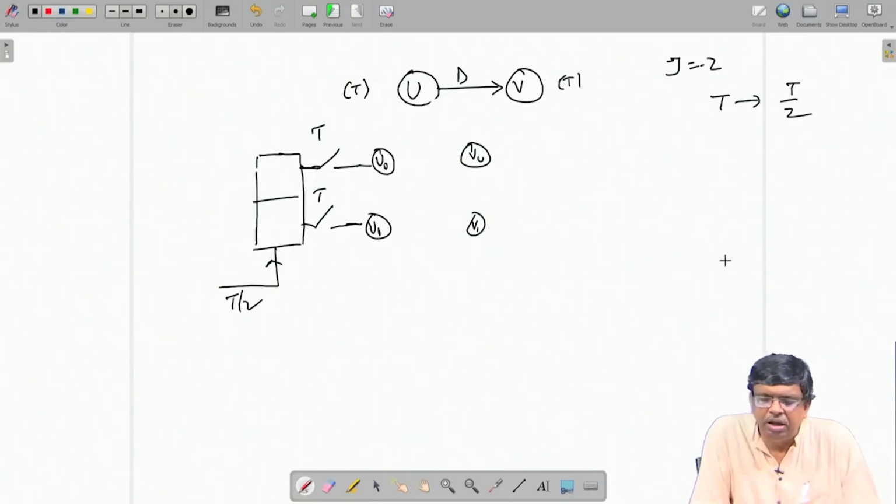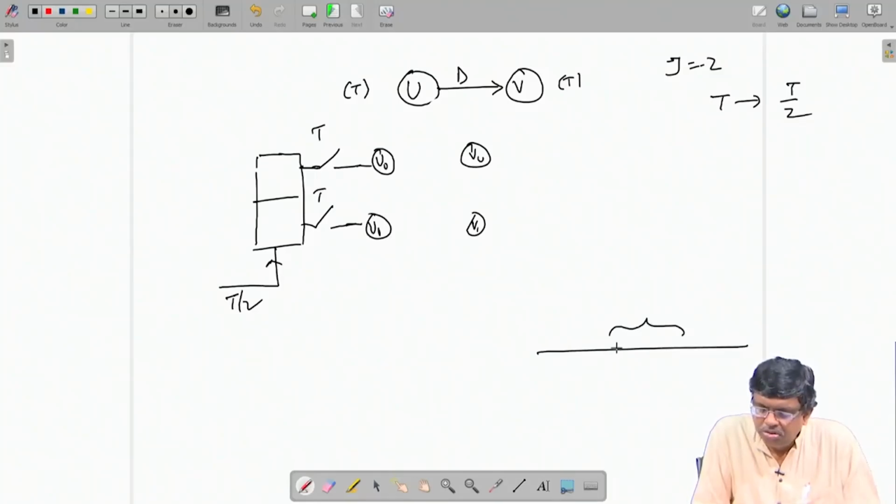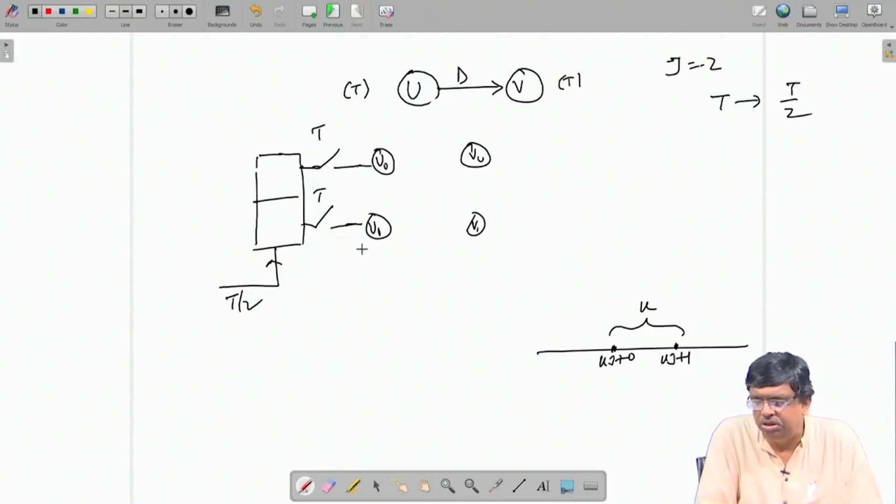Now, if you see the timing diagram, the general block: suppose you have got two data, Kj, this is a Kj block, Kj plus 0, Kj plus 1. This data goes to U0, Kj plus 1 is original data goes to V0, U1, U0, U1, fine. So, after being processed,